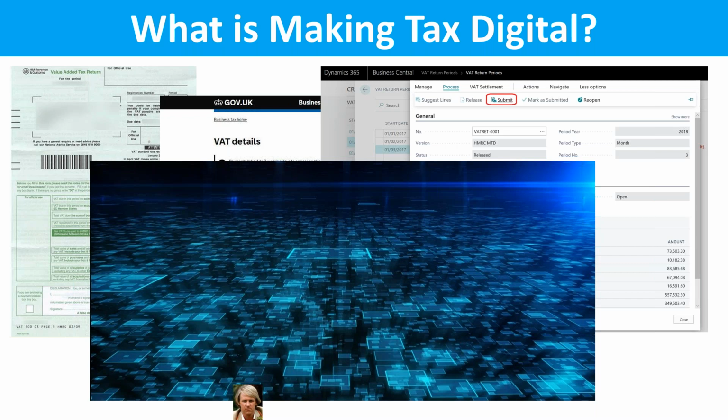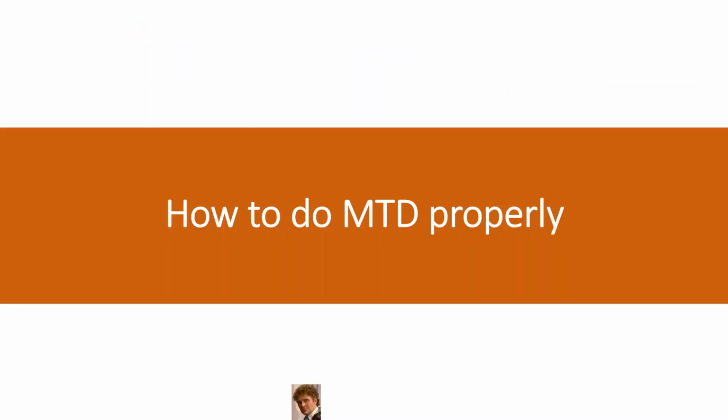But you can see this change has been forced upon us. If it wasn't for HMRC saying we have to do Making Tax Digital, we probably wouldn't have changed what we'd done. Unlike on the customer-facing side, we were happy to make those changes. So this is something worth thinking about. Why aren't we as keen to make those changes in the back office? Let's start talking about the back office and how to do Making Tax Digital properly.